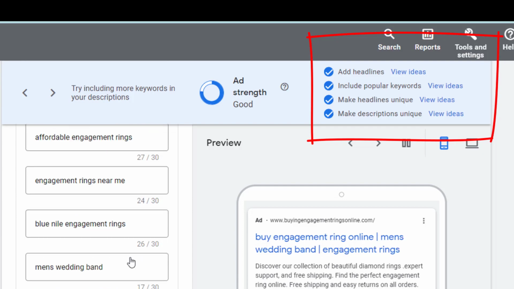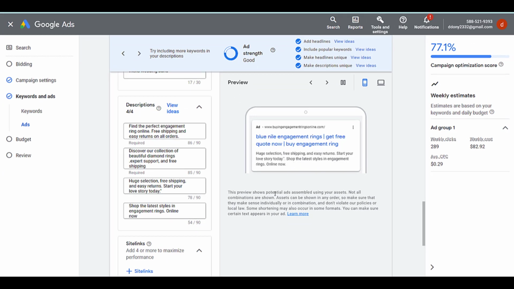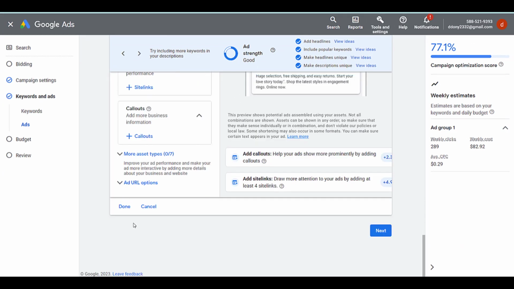Okay, after that we scroll down and click done.